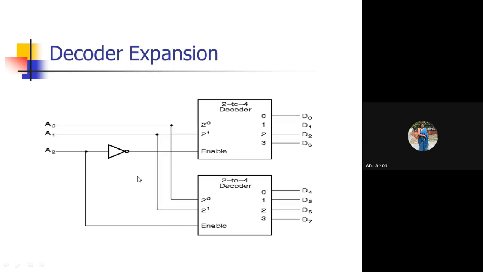So this is how the 2:4 decoders are connected with each other in order to work just like your 3 to 8 decoder. Means this way 2 lines are going into the 2:4 decoder. Again, 2 lines are going into the other 2:4 decoder as the input value. And what will be the size of the decoder? 2:4. But ultimately, as a whole, you can view that 3 input lines are going in and 8 lines are going out. The entire block diagram is going to work just like your 3 to 8 decoder.